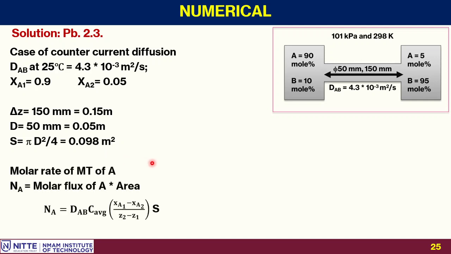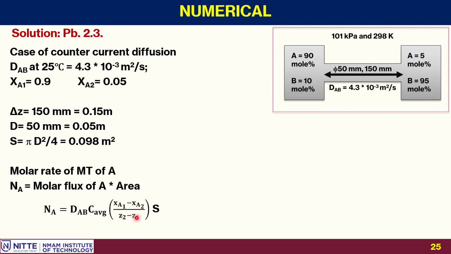Now calculating the molar rate of mass transfer of A, that is what is required. To calculate that, I know the equation for molar flux of A by Fick's first law for the liquid system or even gaseous system. I can use the same equation. Here it is the gaseous system. Remember, the equation that I have told you for liquid can also be used for gas. When you apply the ideal gas equation and Dalton's law into that, you can modify it into the partial pressure. So this equation, D into C average, delta X by delta Z, can be used for gas as well as liquid, right?